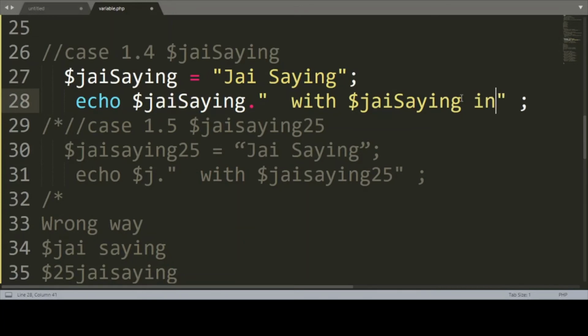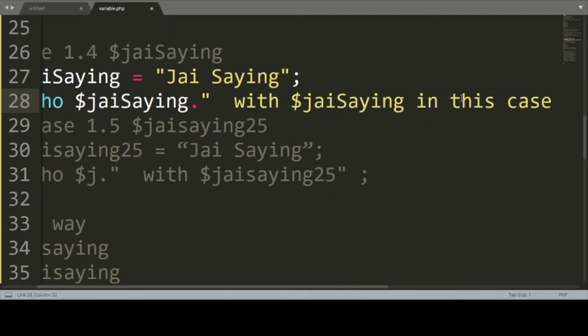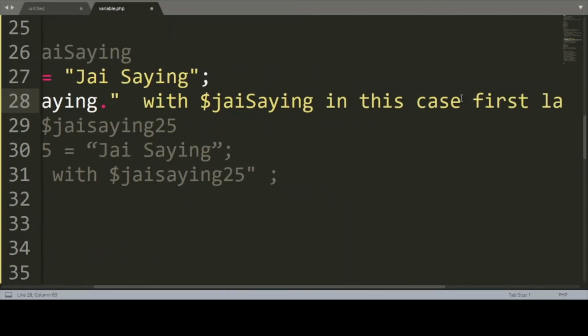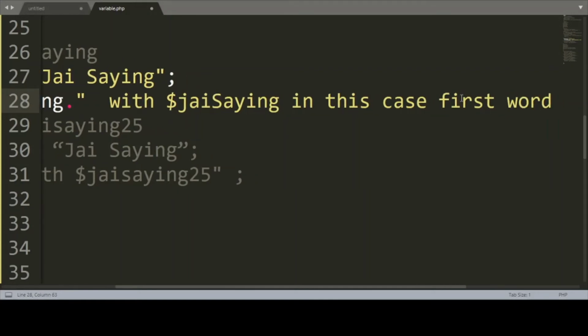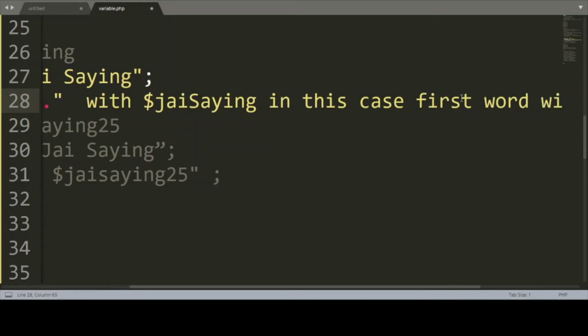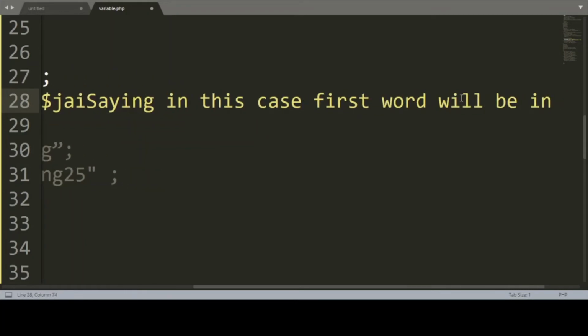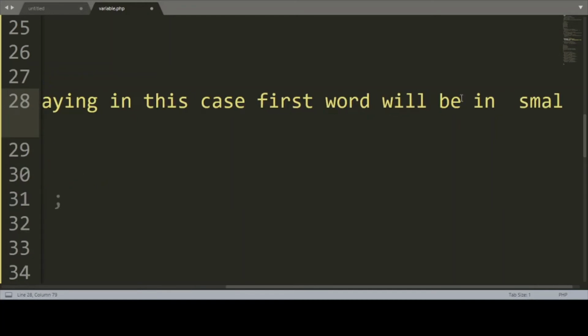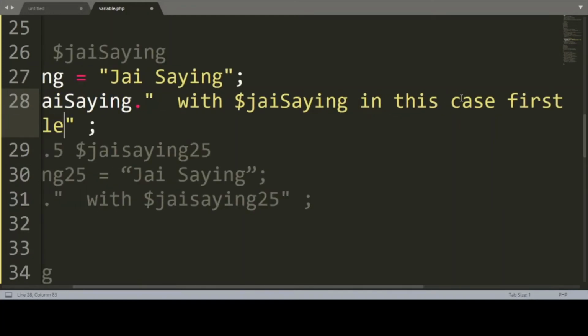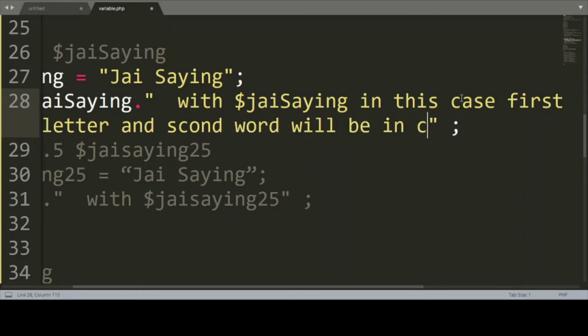the first letter, in this case the first word will be in small letter and the second word will be in capital.